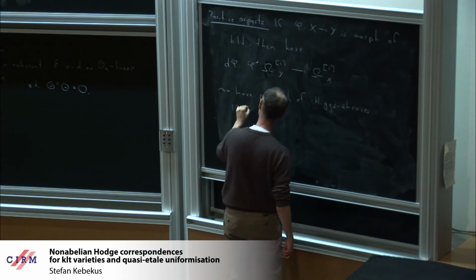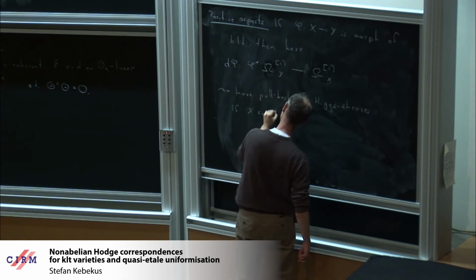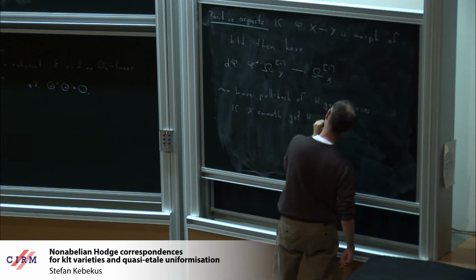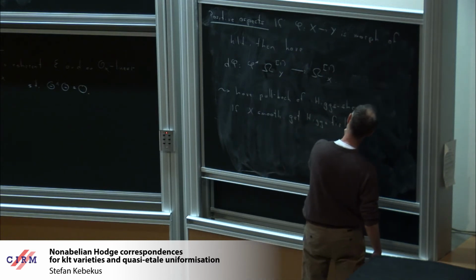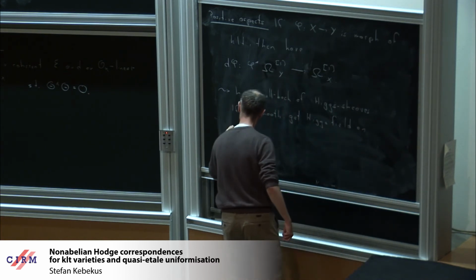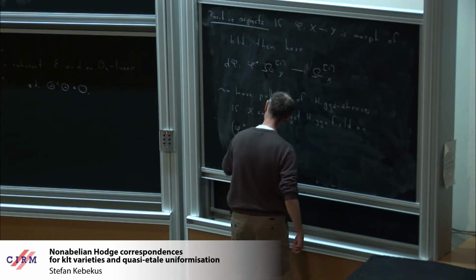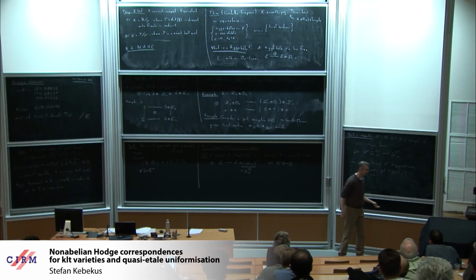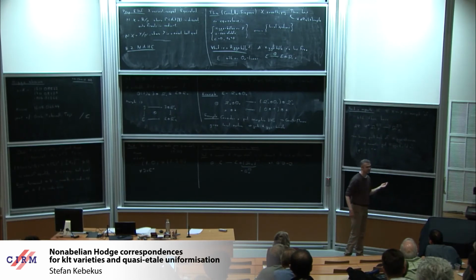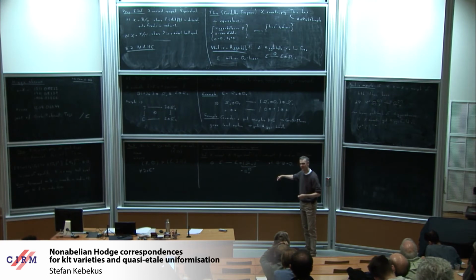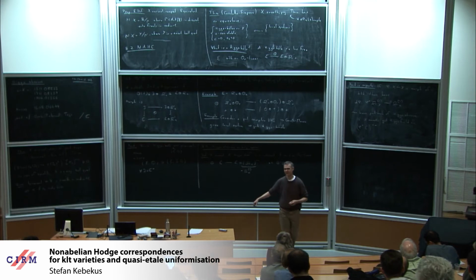If X is smooth, I get a Higgs field on not only the pullback, but also on the pullback double dual. So this is definitely something interesting. With this definition, you have functorial pullback of Higgs sheaves. So